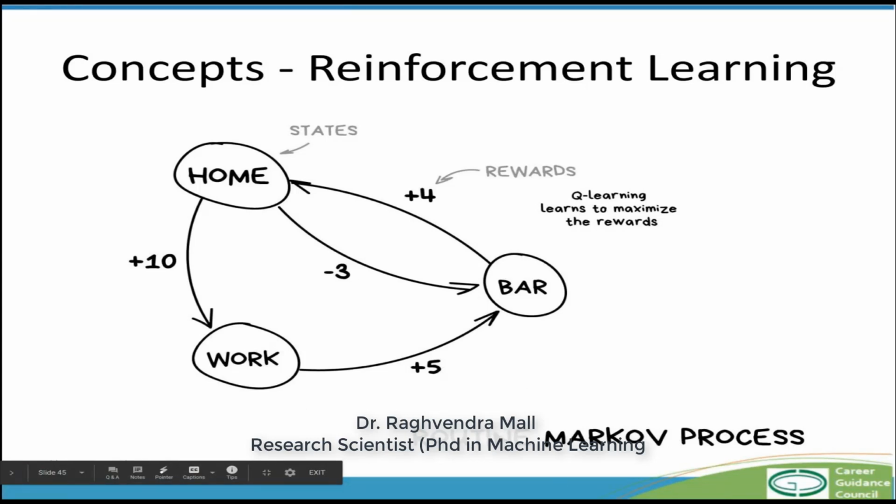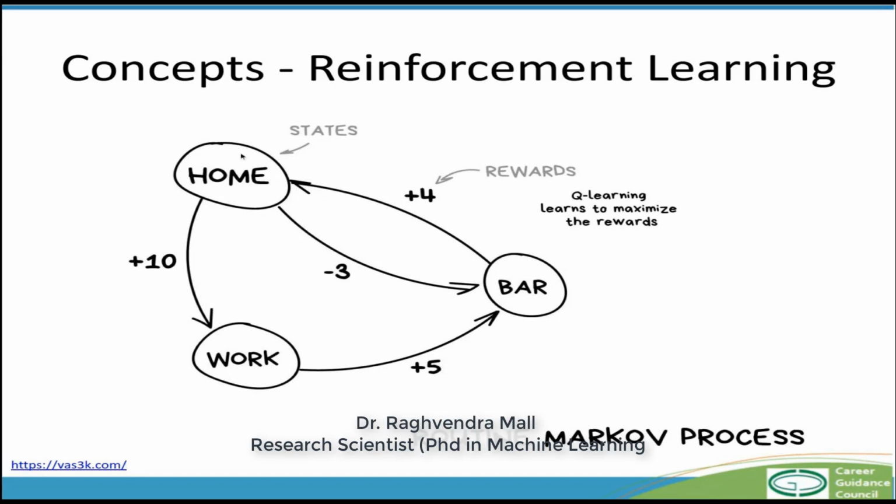And this is exactly what we are showing here, that if you start at home, for example, and you go to work, and from there you go to the bar and you come back home, this is what is a Markovian process. But if you go from home to the bar, it's not necessary, you get a negative reward. So what the model has to learn is the optimal trajectory here, that I should go home, work, and then go to the bar and then come back home, that would lead to the maximum rewards.